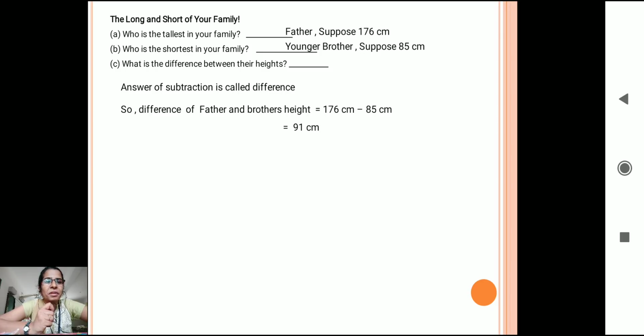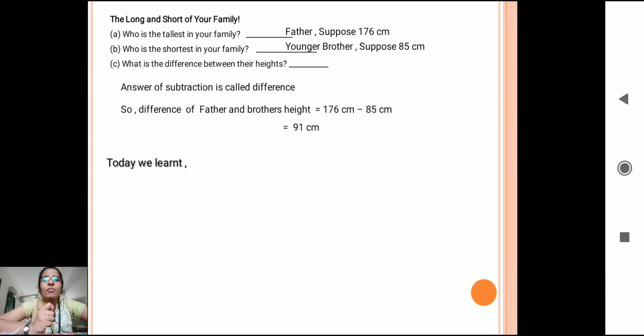Everybody remembers the subtraction, isn't it? But now you are using that in this question. Similarly, this activity you will do at your home, because this is an example which I have given you. If you have your textbooks also, you will solve it in your textbook by writing your family's tallest height and shortest height. And I want everybody to solve it.